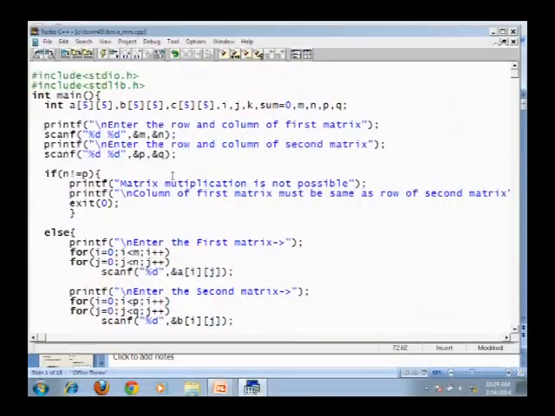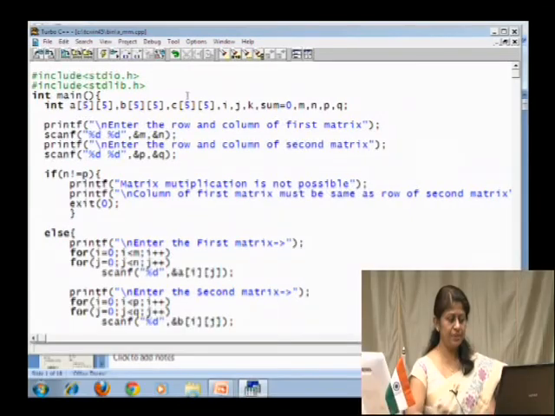Here, as I told you, we have three matrices. One is the A matrix, the B matrix and the C matrix. C happens to be the resultant matrix. And we are making use of those three control variables i, j and k.